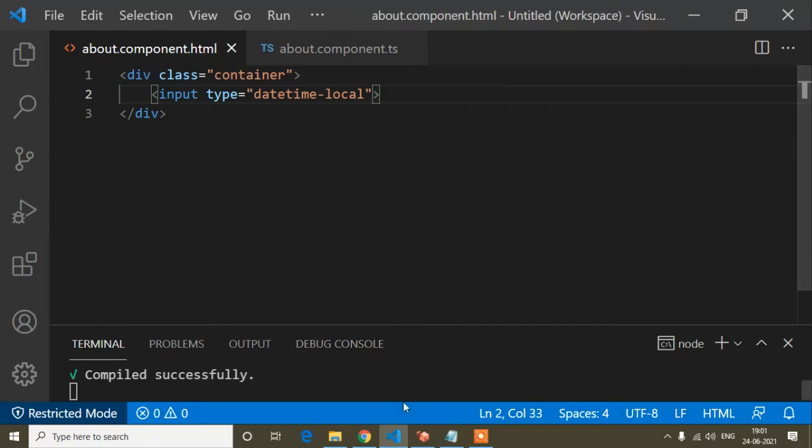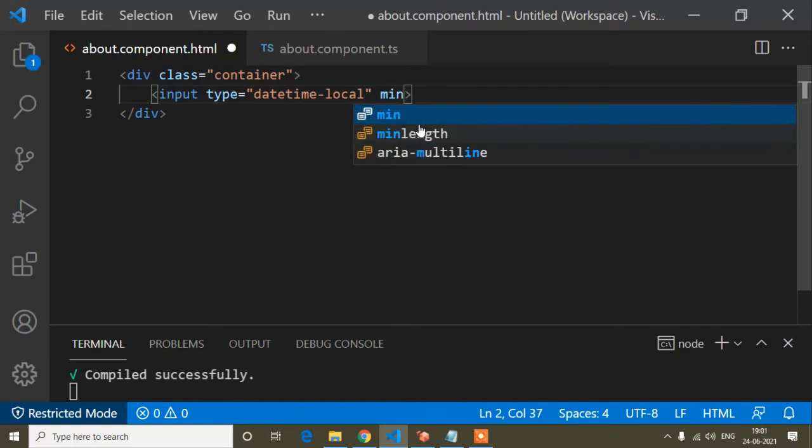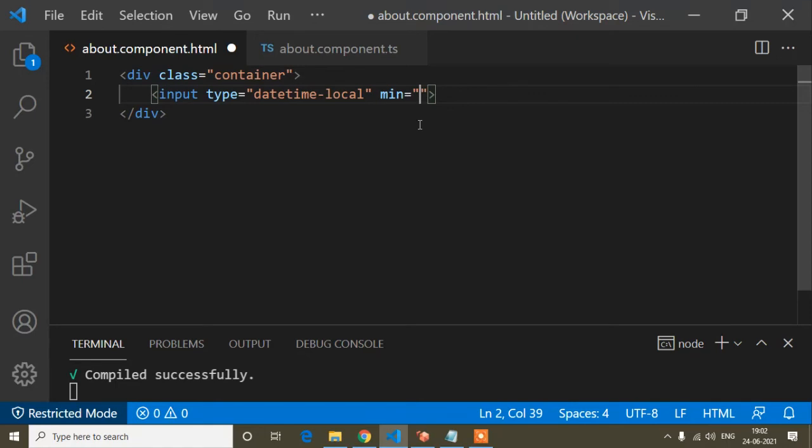So now guys, first of all, you have to understand how you can disable dates, only the date. I had shown you that in a previous video. There we had written a min property. That means we can choose the minimum date. Like today is 24, so the minimum date I can choose is only today's date. Future dates I can choose, but I cannot choose previous ones. So here I have to set the minimum date.